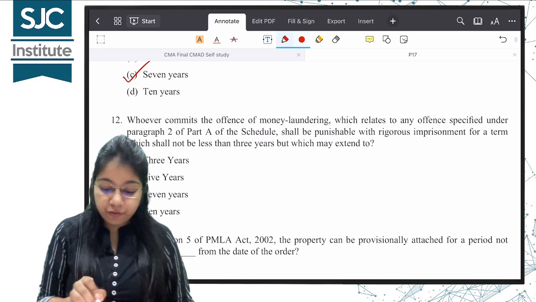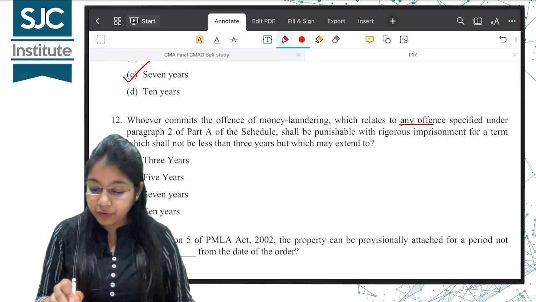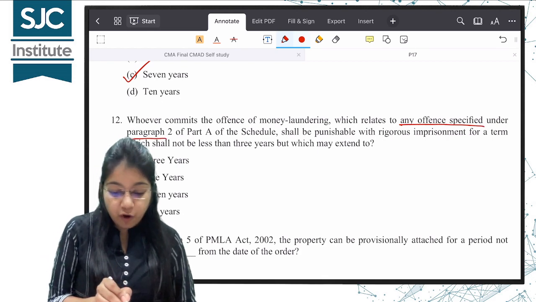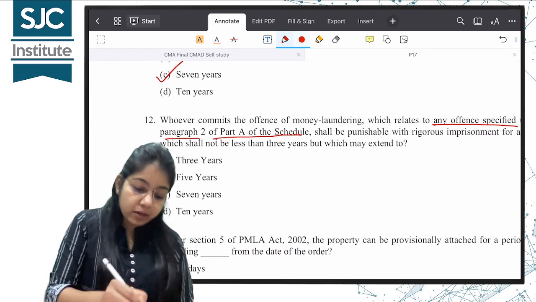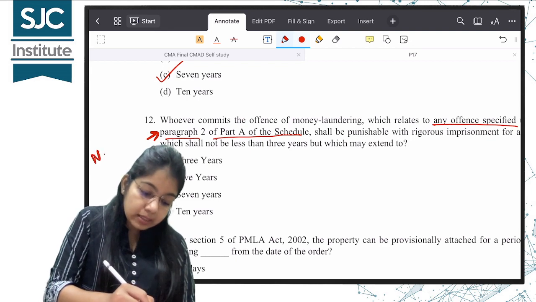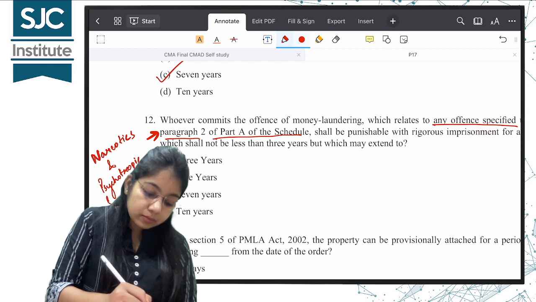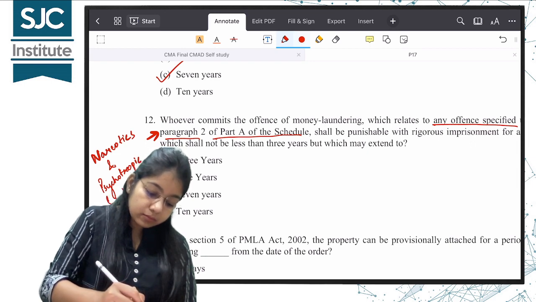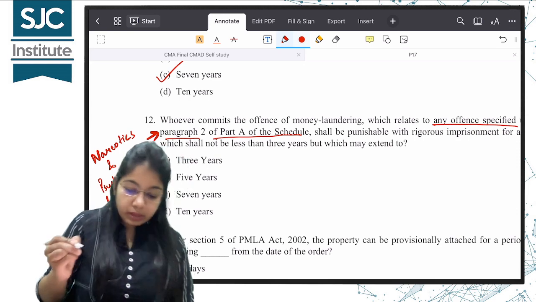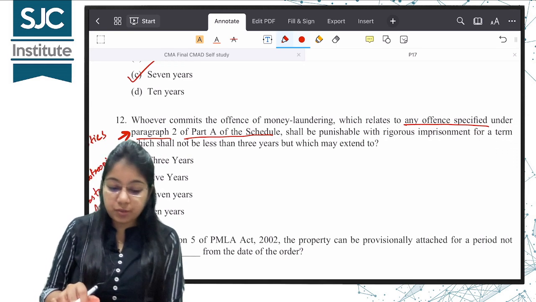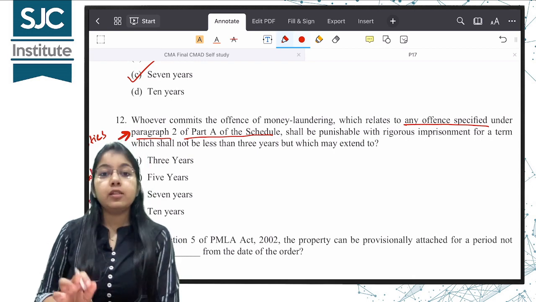Whoever commits the offence of money laundering which relates to any offence specified under paragraph 2 of part A of the schedule, which is nothing but the Narcotics and Psychotropic Substances Act, so here the rigorous punishment is for a term which shall not be less than 3 years but which may extend